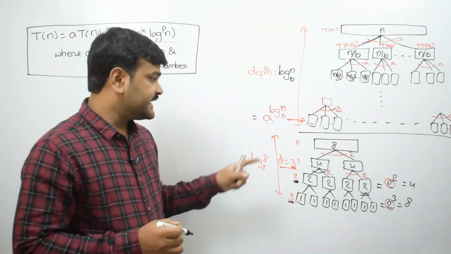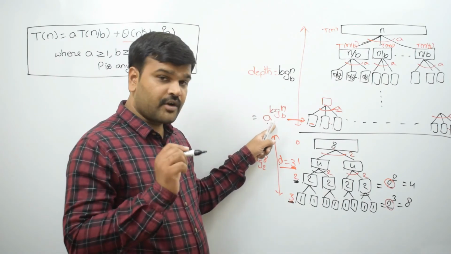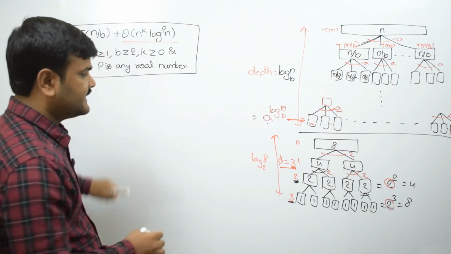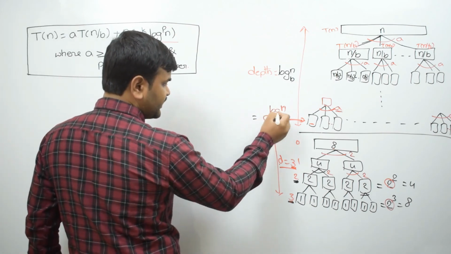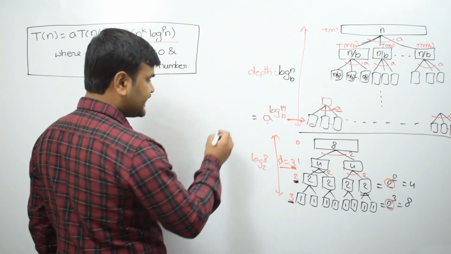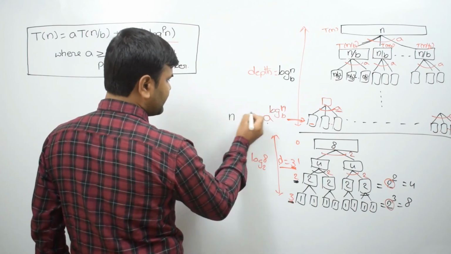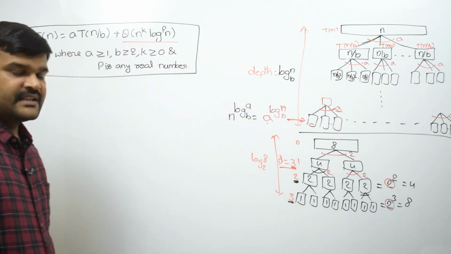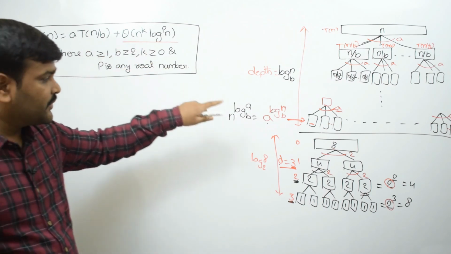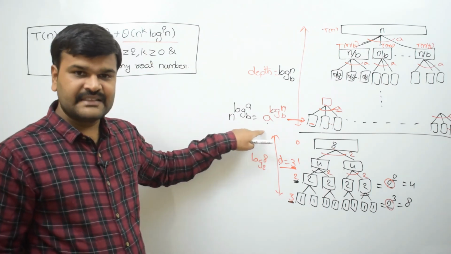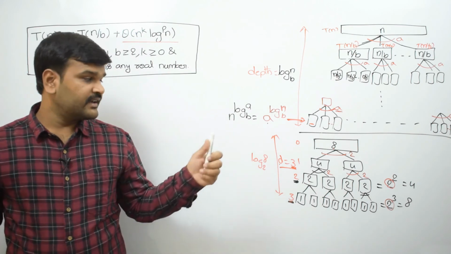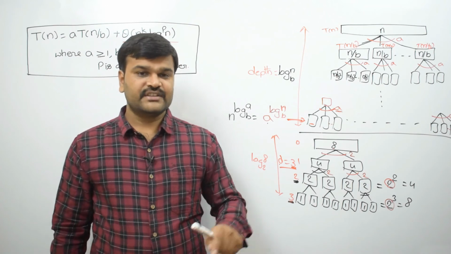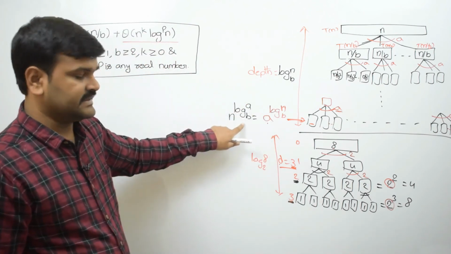So why we are calculating this one is, this is the time complexity for this part actually. Okay, so in logarithm this you can write in terms of n power. So this you can write as n power log A base B. This is very important. So this overall time complexity we are going to take like this. That is why in the Cormen book you are frequently seeing this one, n power log A base B. So this overall part time complexity is this one.